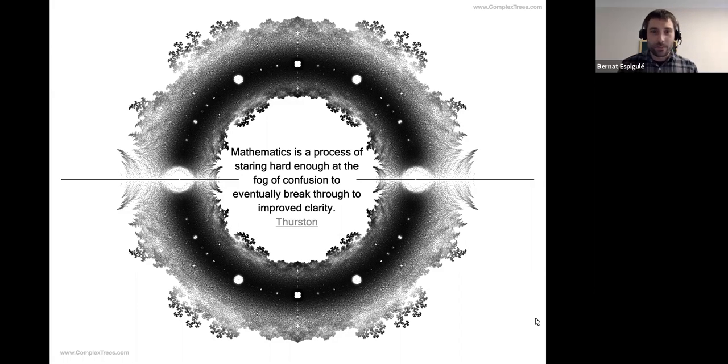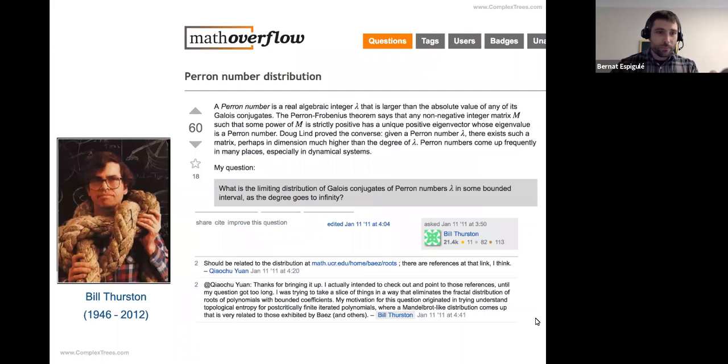Mathematics is a process of staring hard enough at the fog of confusion to eventually break through to clarity. I took this quote from Thurston's profile in MathOverflow. He was a big user of that platform, asking many questions and interacting with users there. And when he was doing this kind of research back in 2008, I was